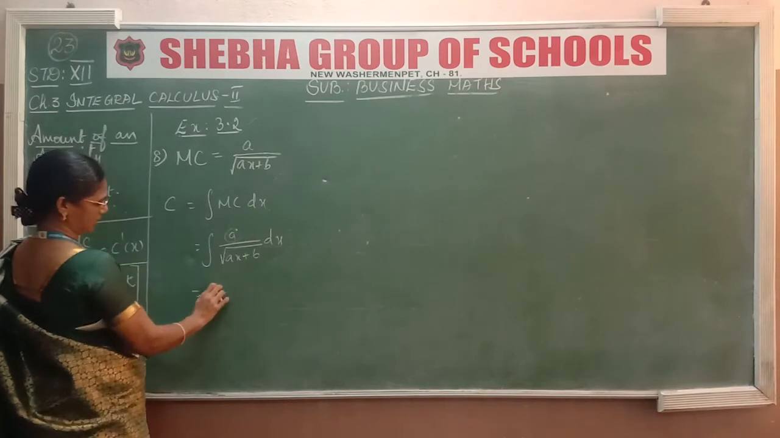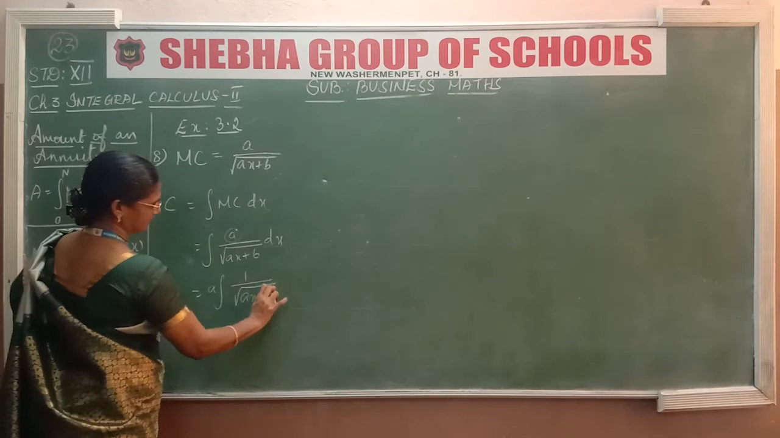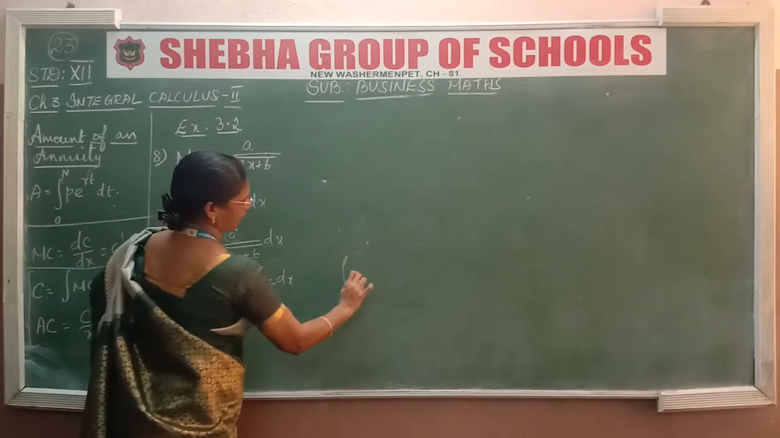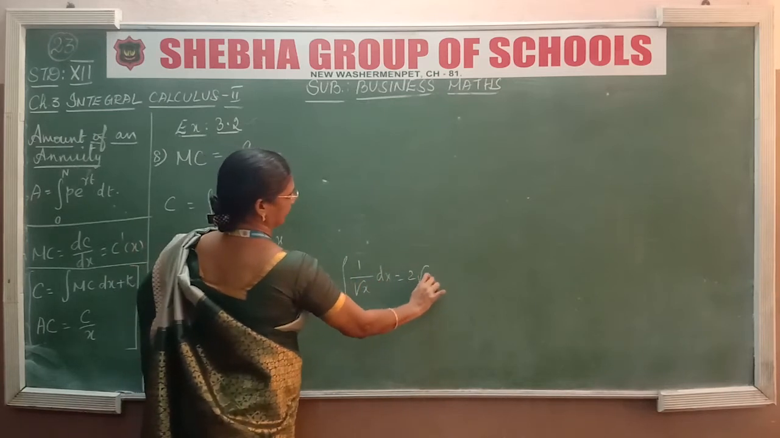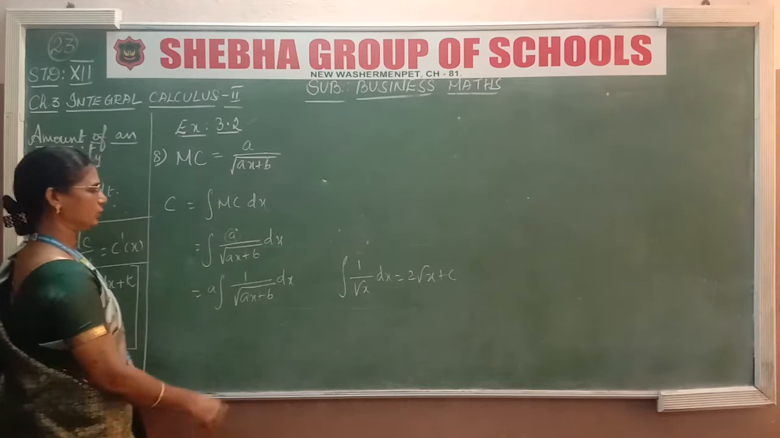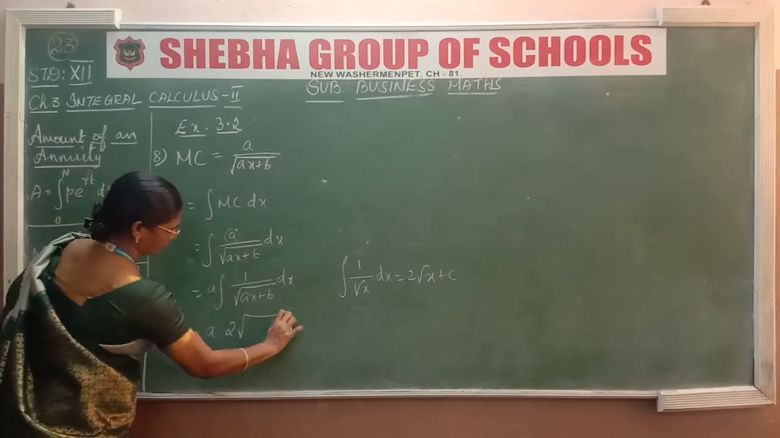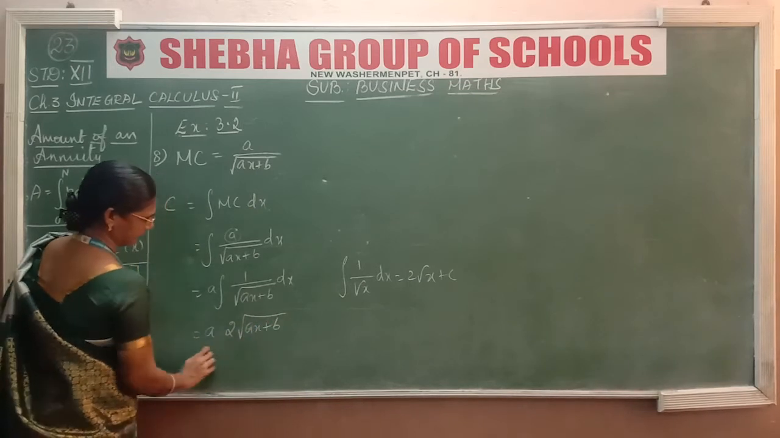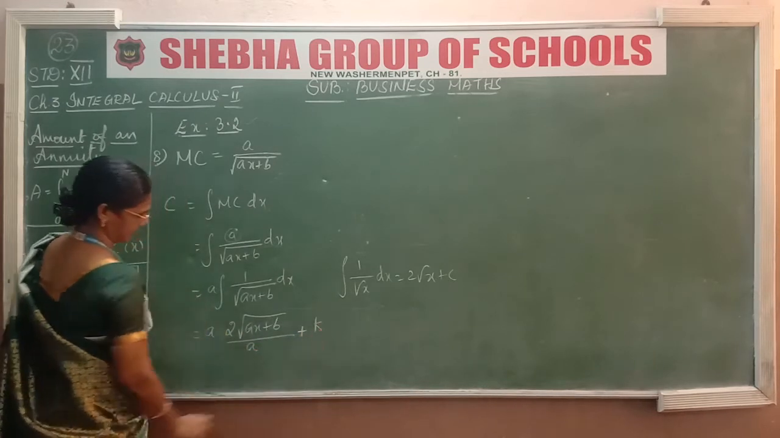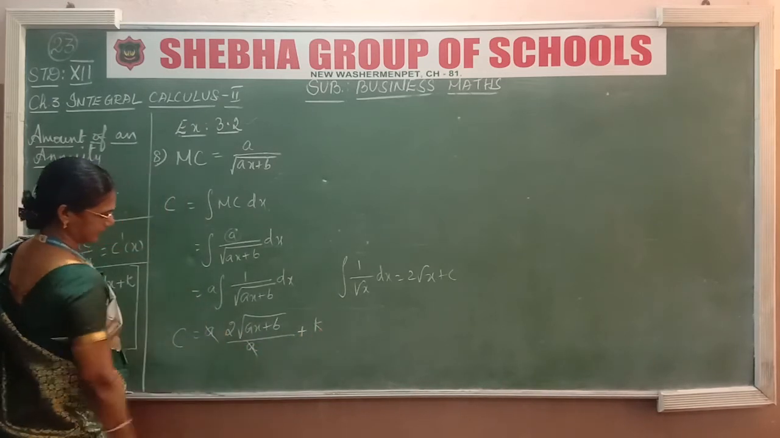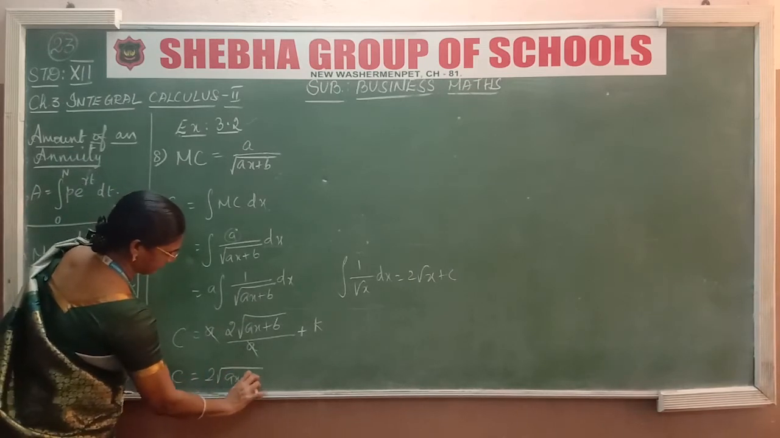Now a is our constant, taking outside. Inside we get root of ax plus b into dx. And we know one formula, integral 1 by root x dx is 2 root x. Okay, 2 into root x. And using that formula here, we get 2 into root of ax plus b by the coefficient of x, that is a, plus some constant k. This is our c. Cancelling a, we get c is equal to 2 into square root of ax plus b